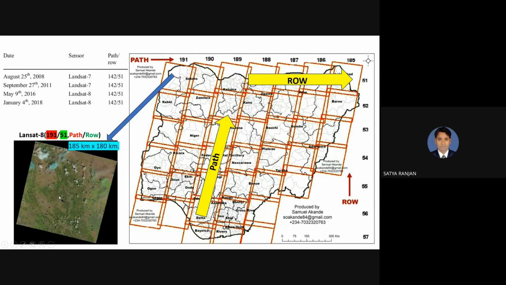Suppose we have to work for a larger area, then we have to add or mosaic these satellite images, all these tiles, and join them into one mosaic satellite image or merged image. After that, we have to work on a single satellite image. But before that,